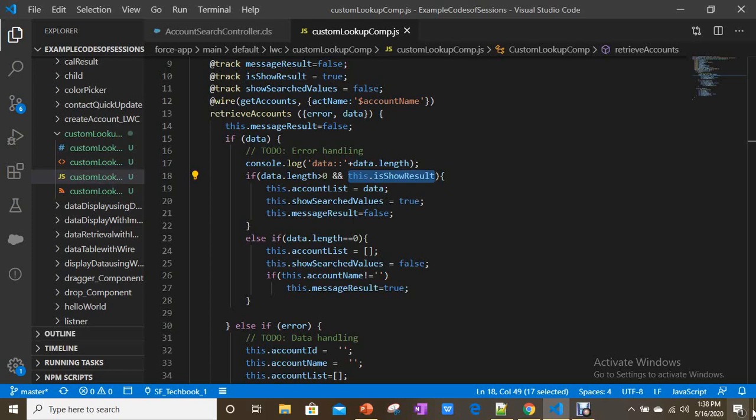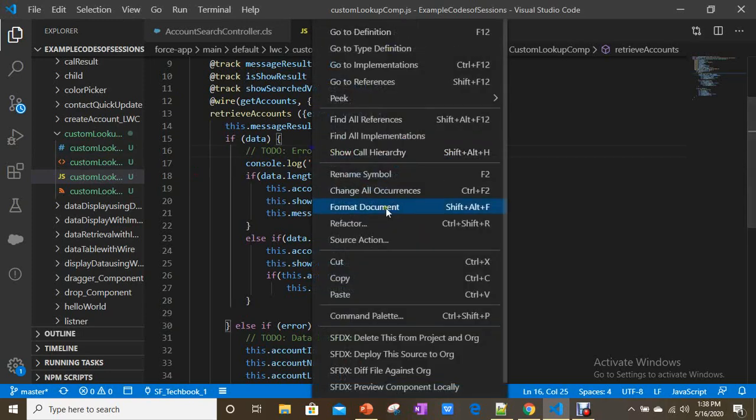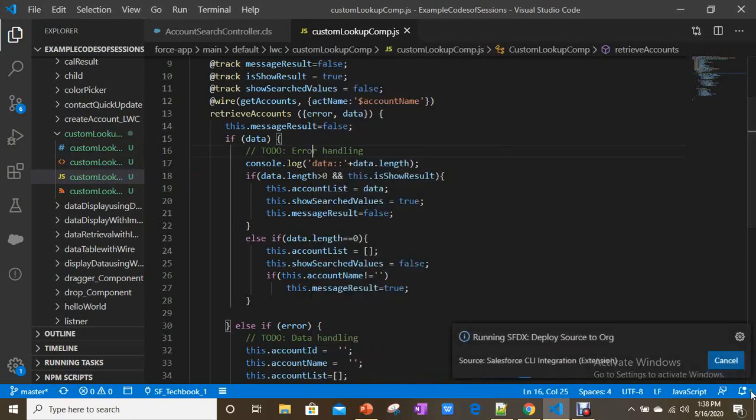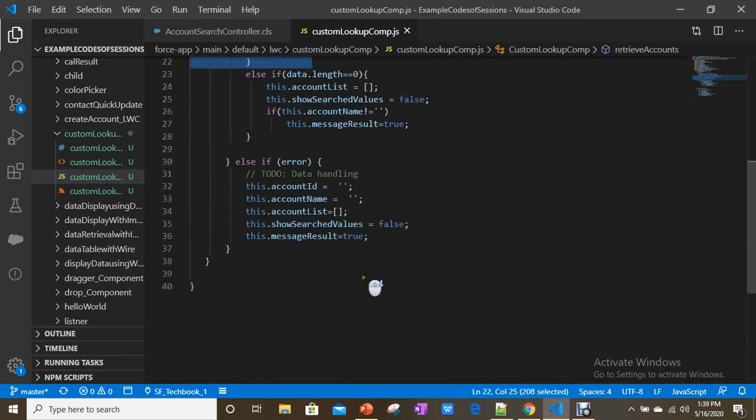You can use an imperative method also instead of a wire method for this. In this example, I am using the wire method. Now what we have done is I'm just wiring our method getAccounts and passing account name as a parameter, and I'm handling the result.